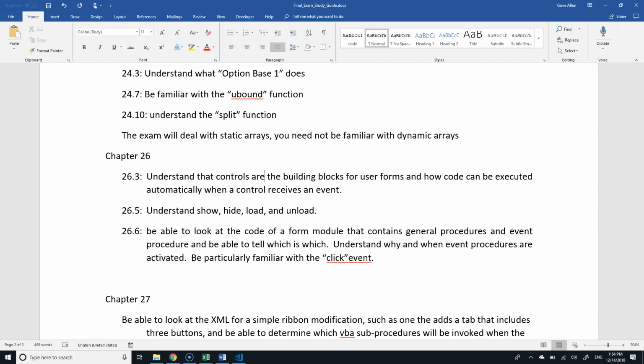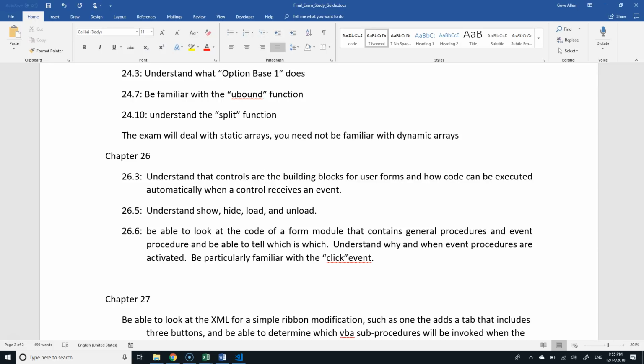And that's really a big difference in how we thought about code in every other setting. In every other setting, we say, here's a program, run it. And it just goes through it. In this case, we say, here's a form, show it, and now we've got lots of little blocks of code all over the place, just waiting for their moment to shine, hoping that their object will receive their event, and they can execute. And most of the time they don't. They just sit around going, I just ran the form and I didn't get used this time. But that's the big difference. Make sure you understand that.